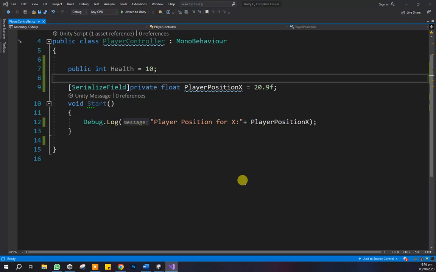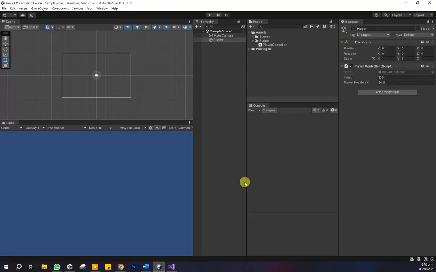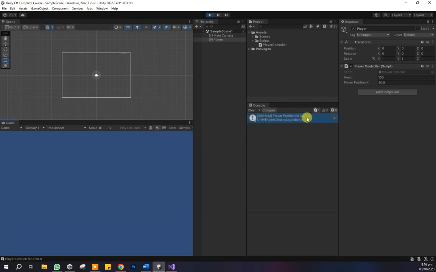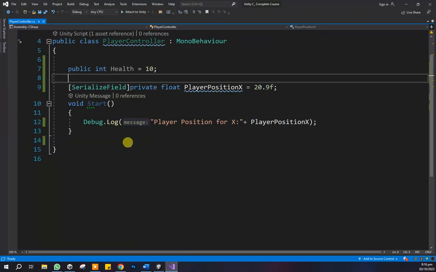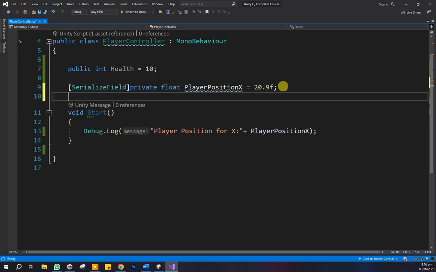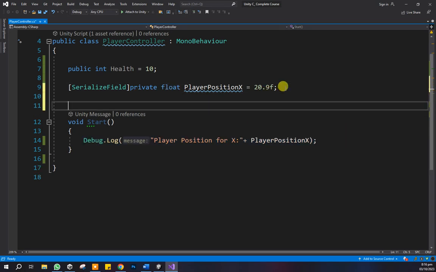and it's just like the concept of OOP programming. We will use that in the further video. You can see here we just have the player position x and this is 20.9. We just run the Unity editor and check its value. See here we are seeing the value 20.9 as we just wrote in the debug statement. तो इस तरह से आप कोई भी अगर float variable use करना चाहते हैं तो आप use कर सकते हैं।